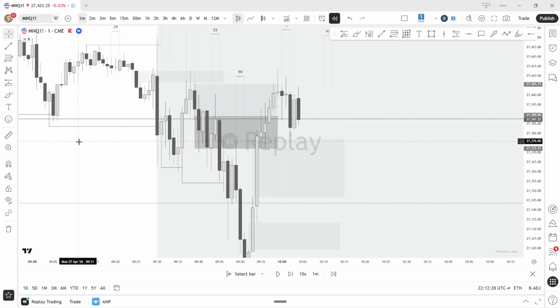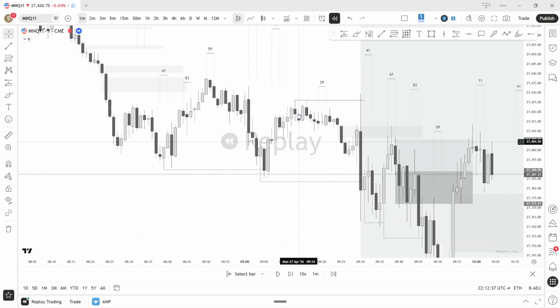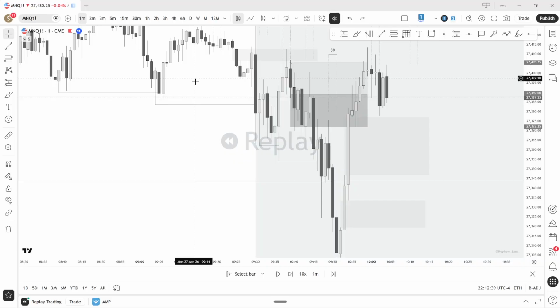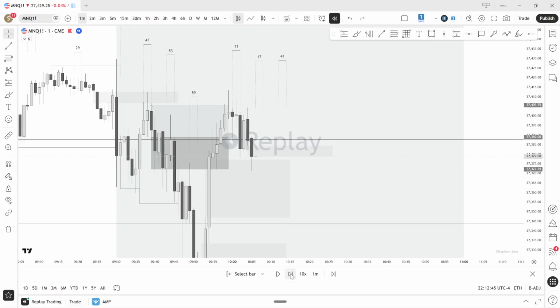So the main thing was obviously I can't really target this high right now because it's protected and it's swept, not with time, but it's 9:30 manipulation. And then we're already displacing bearish. So I would need to see this taken out before we do anything. And we do take it out, and then we start displacing higher. Let's see if we get any continuations. We wick into this gap here. Is that going to hold?